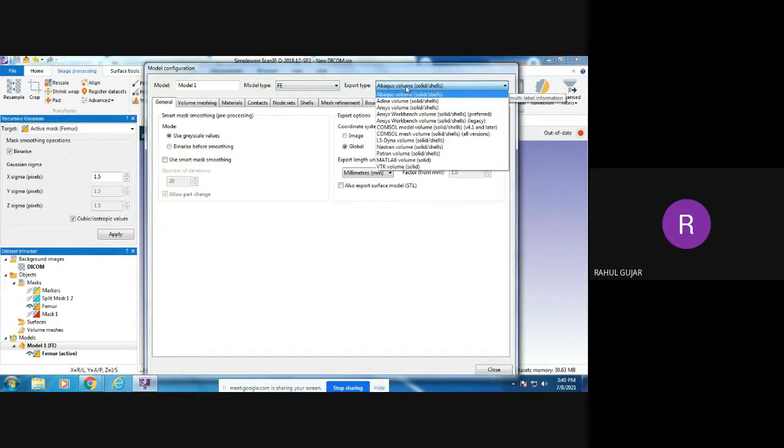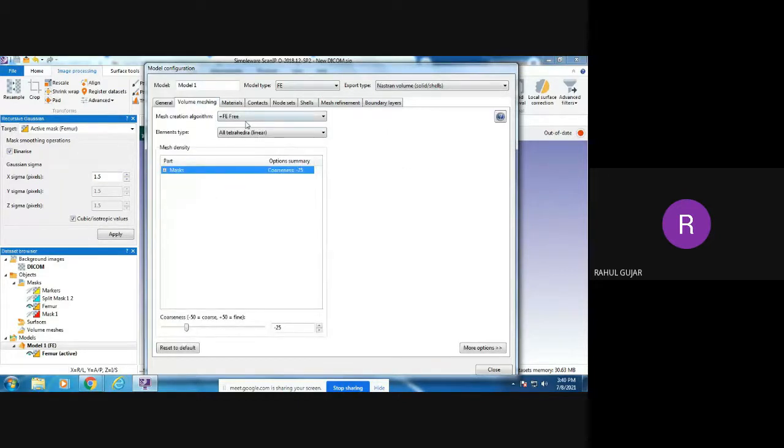Very flexible export types are given by Synopsys Simpleware ScanIP. You can see Abaqus, Ansys, these are all software used to find out the strength, or fracture, or stress and strain, like the mechanical properties. So Nastran I am going to select here, Nastran.